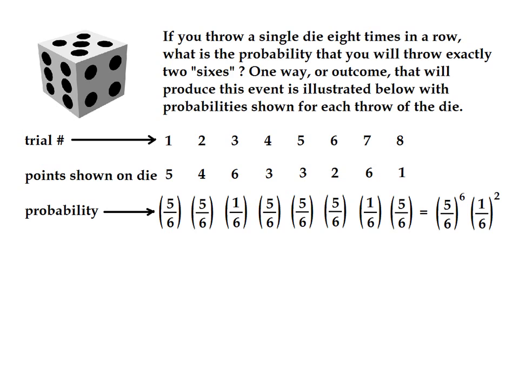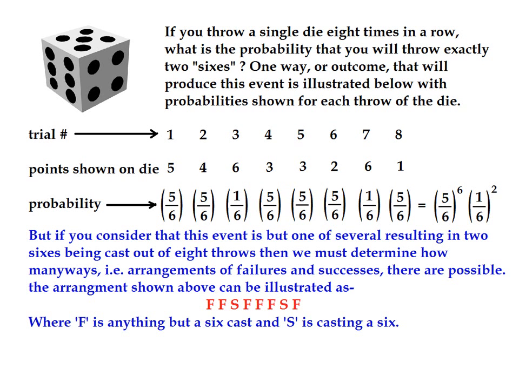Because these events are independent, you can multiply the separate probabilities together and end up getting 5/6 to the 6th power times 1/6 squared for the probability of the event occurring in just this manner. Okay, now